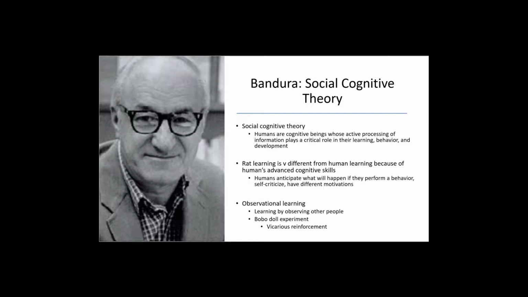Also, he argued for observational learning. So the Bobo doll experiment is, again, a famous experiment. What they did was they had two groups of children. One group of children watched adults just beat the hell out of this inflatable doll. And the other group, I don't know what they did, but just say they had tea and crumpets with them. Well, the children who watched the doll get the hell beat out of it by its parents, when they interacted with the doll, they were more likely to beat the hell out of that doll.